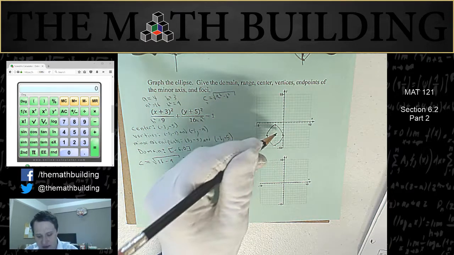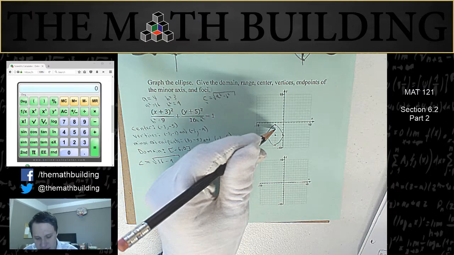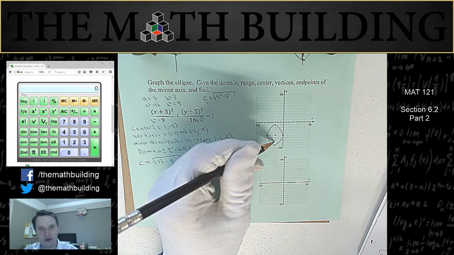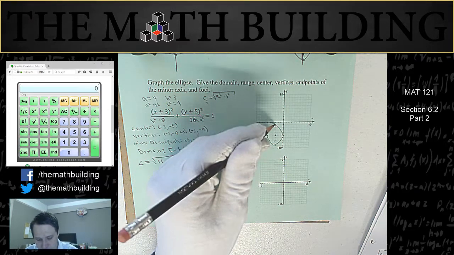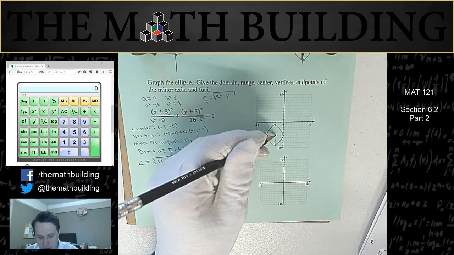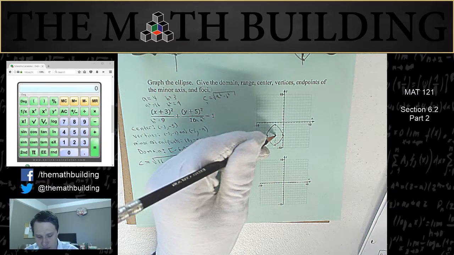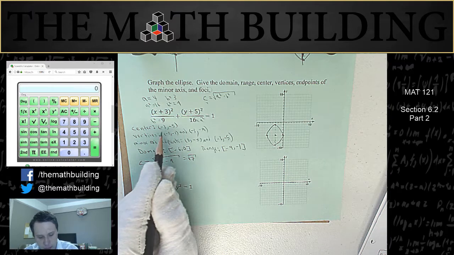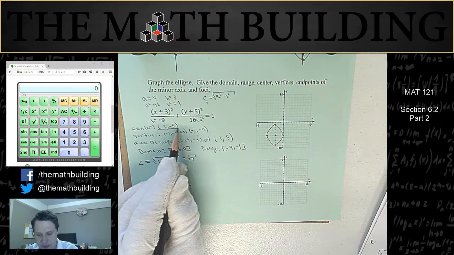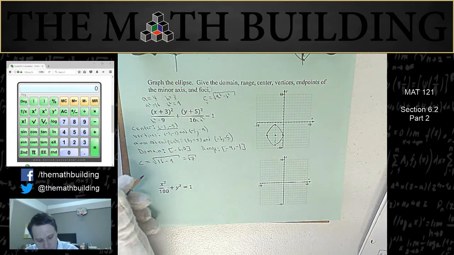The square root of 7 is how far away from the center the foci are located. Okay, so the square root of 7, this is our major axis, so our foci are going to be the square root of 7 up from here, and the square root of 7 down from here. As a reminder, our center point was -3, -5, and so our foci